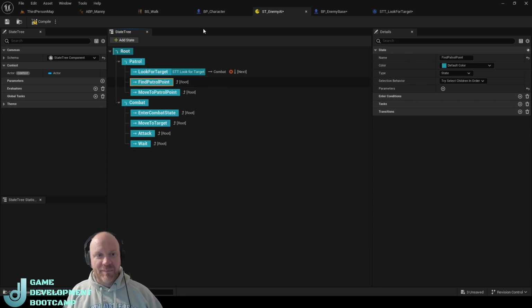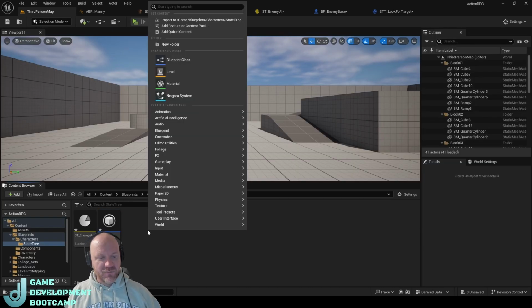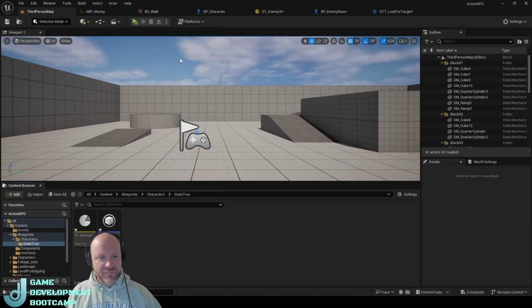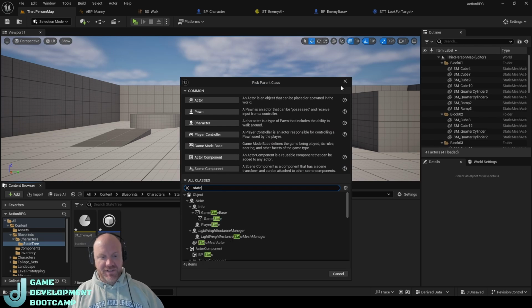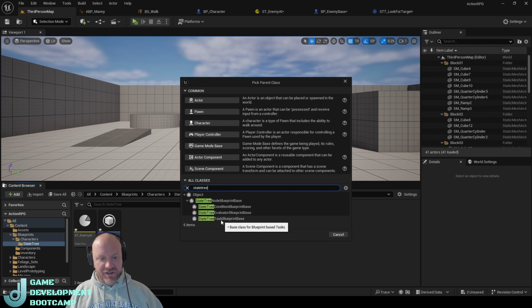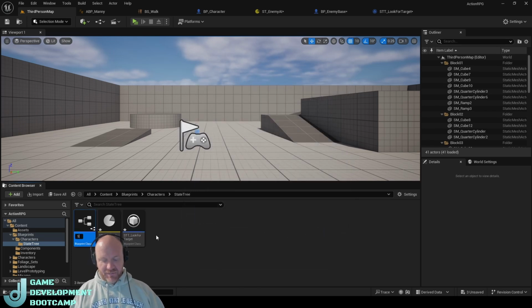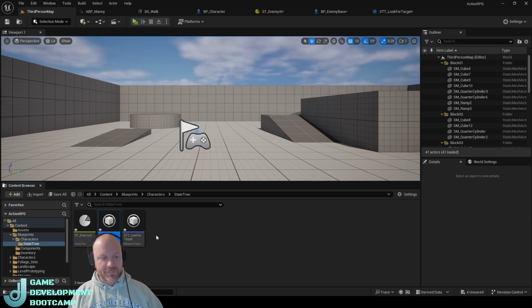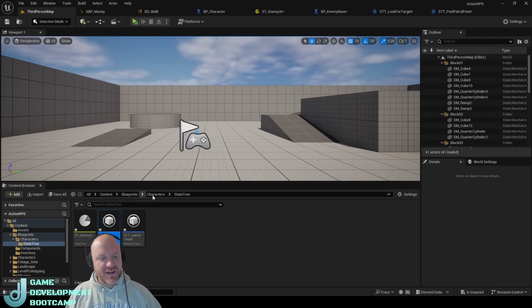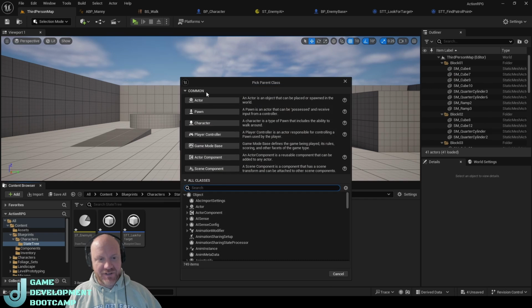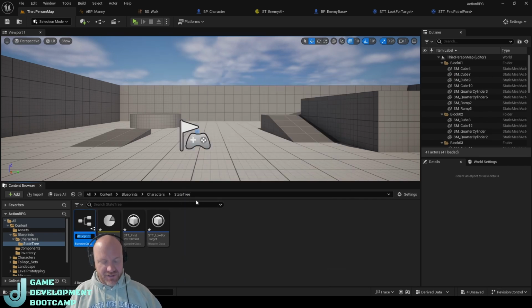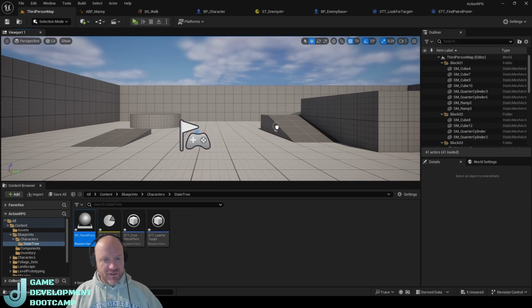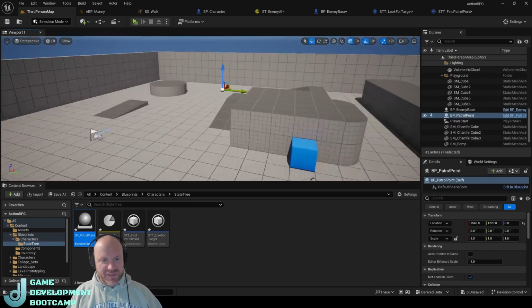So let's set up our next state. We'll go back here. We're going to create a new blueprint task. We're going to type state tree again and get a new task. Select, and I'm going to call this one find patrol point. And for this one, I actually just want to create a basic actor. So I'm just going to say actor BP patrol point, and I'm just going to drag a couple of these in,